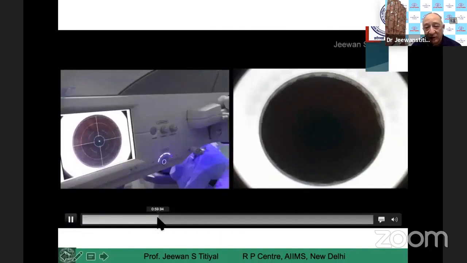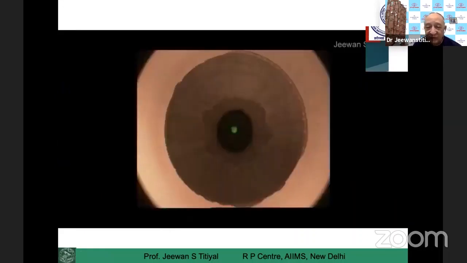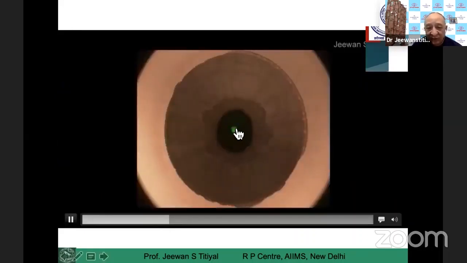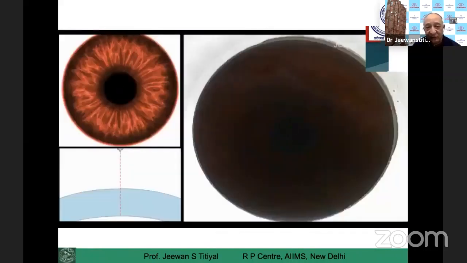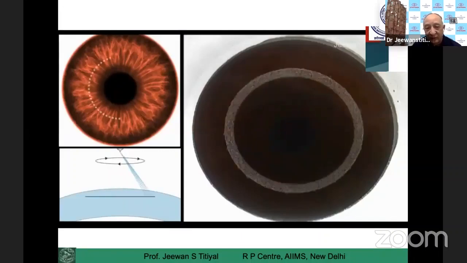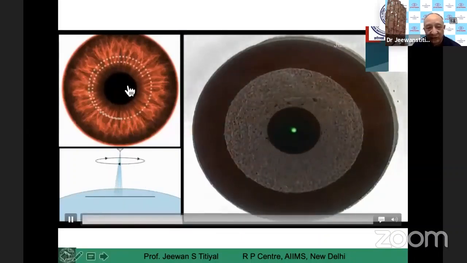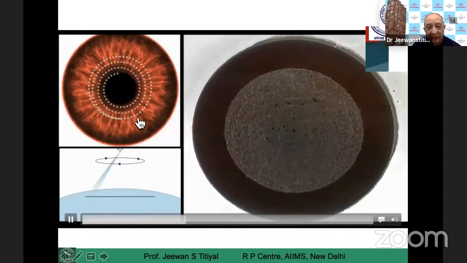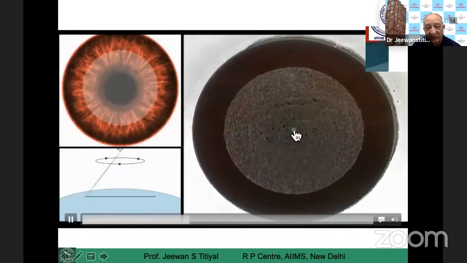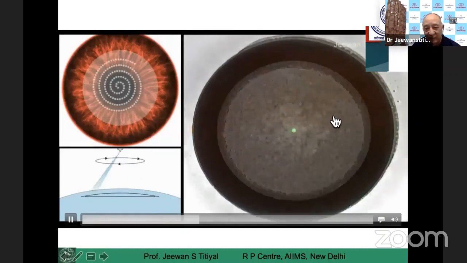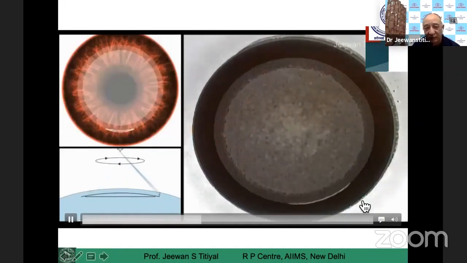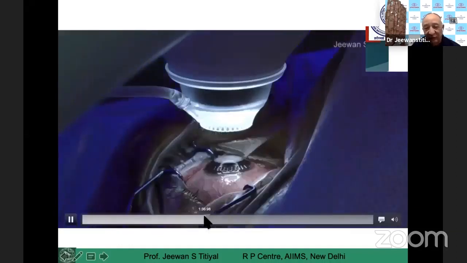We have no adjustment of cyclotorsion in these patients, so we are doing a pupil-centered treatment. The future innovation will take care of cyclotorsion in these patients also, especially for astigmatic treatment. The first is the lenticule cut, which starts from the periphery to the center, a spiraling tap of the laser. Once that is completed, the flap is made, which comes from the center to the periphery. You can see it is again spiraling from the center to the periphery. This completes the flap making. Then last is a side cut here, which is 4 millimeters. The suction is automatically released after you complete the procedure.